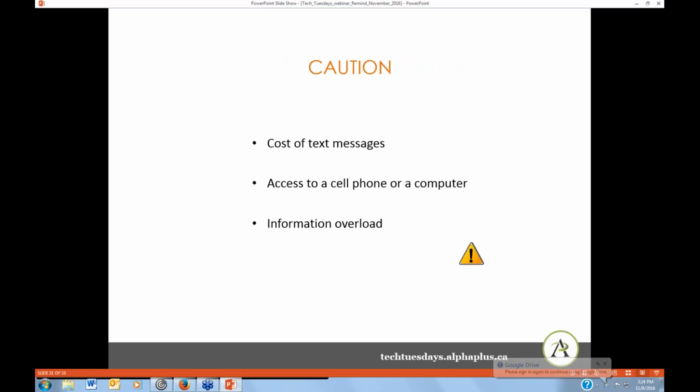So there are a few things to be aware of when using a tool like Remind. You have to be mindful of the cost of text messages, if your cell phone plan provides only for a limited number of text messages that you can send. It shouldn't be a problem for learners receiving messages because receiving typically doesn't cost anything, but if they send messages, it could cost them. So if learners are using the Remind app